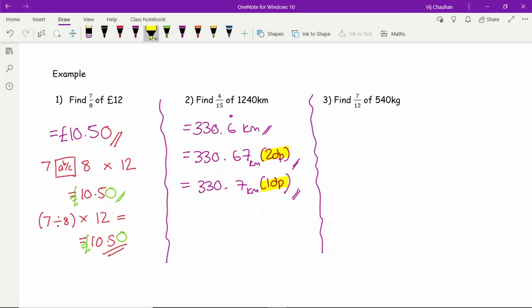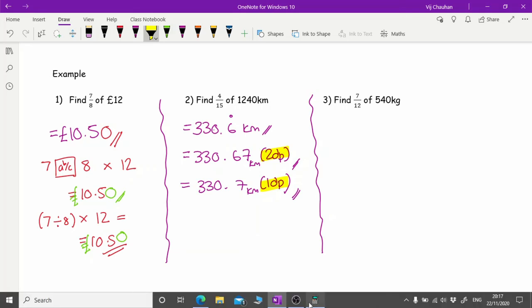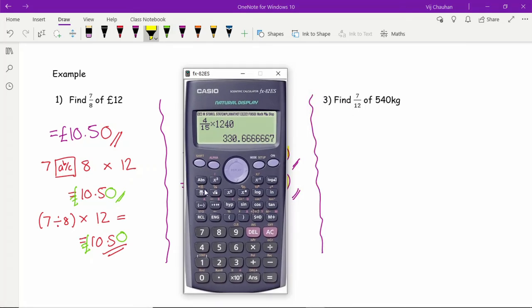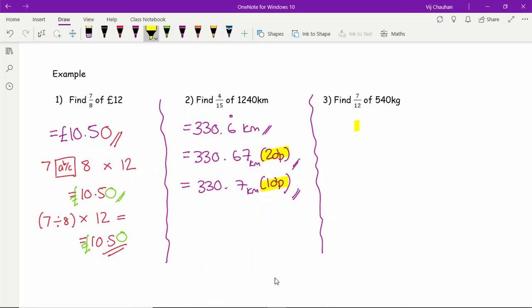So let's just go on to question 3 now. So again, I'm going to get my calculator and I'm going to press the fraction button, not twice. So I've got 7, 12, and make sure again, scrolling across, times by 540, press equals, and I get a nice number of 315. So here, let's get rid of that highlighter. And see here I get an answer of 315